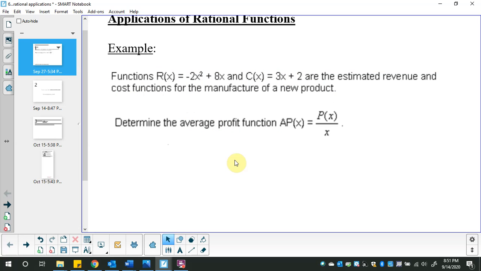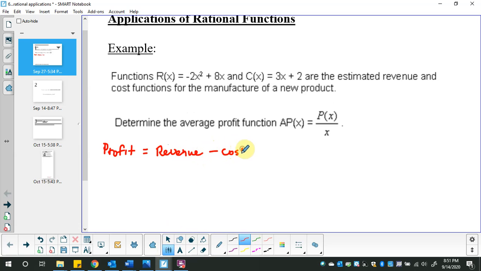So the first thing we need to figure out is how to find profit. Now I'm hoping that you have a little bit of experience with profit, or understand profit even a tiny bit, because profit is actually revenue, how much you are bringing into your business, let's say. But profit is more than just, or I guess less than revenue, because you have to subtract off all your costs, and then you can figure out, have you made a profit or have you not made a profit? So for the purposes of this question, P at x, so the numerator of this function, is equal to R at x